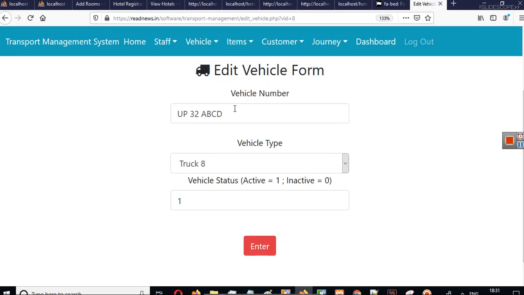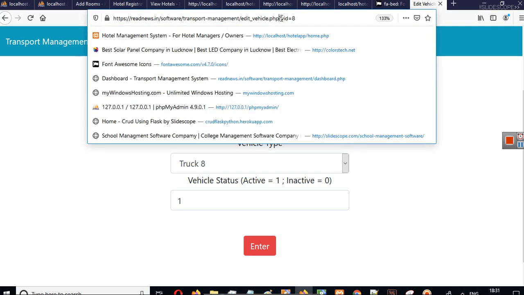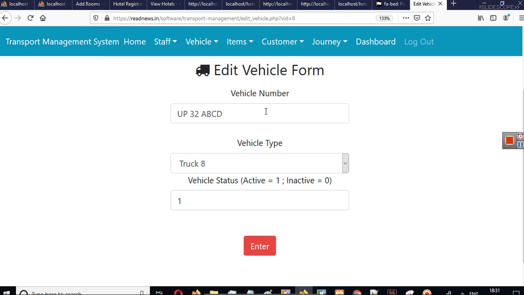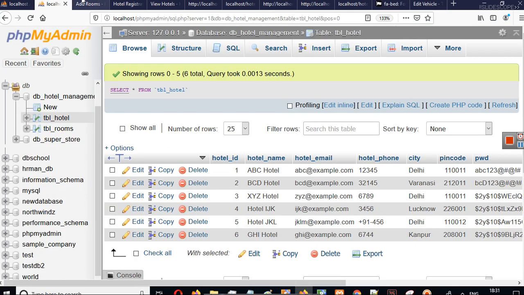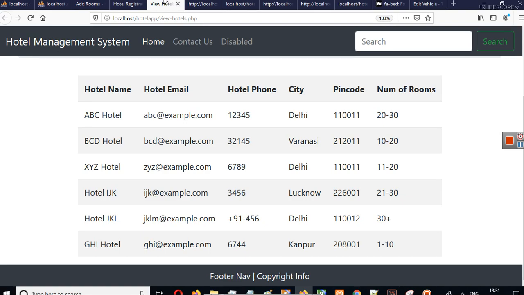For example, here you can see this is an edit vehicle form. Here vehicle number, vehicle type and everything is there, and this is because you can see a parameter here, VID, which stands for vehicle ID, is equal to 8. So now we are seeing records for vehicle ID 8 only, not any other vehicle. This is a very basic thing you can do for editing or updating your records.